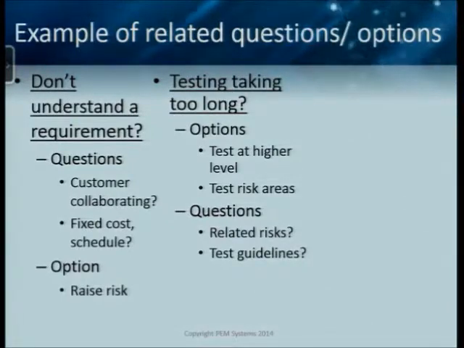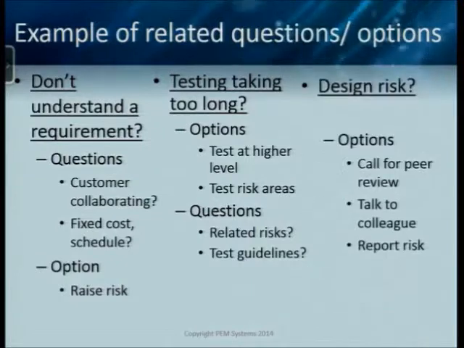This comes back to your context. If you're in a critical, life-threatening environment where your software could kill somebody, you might not want to make those changes. What do your processes say? What do your guidelines say? Do your guidelines give you the options to make those decisions? So these are the kind of questions and patterns you want to keep aware of when you're actually out there in the trenches